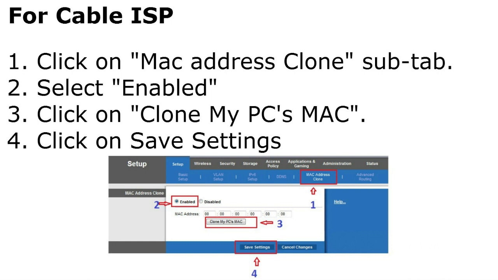Click on MAC address clone, then enable the MAC address clone and click on the button clone my PC's MAC. Then click on save settings. This will basically clone the MAC address of your main computer, and the same MAC address will be assigned to the router. So your internet modem will think that this is the main computer connected to the modem. So once you are done with the MAC address clone, just save the settings.